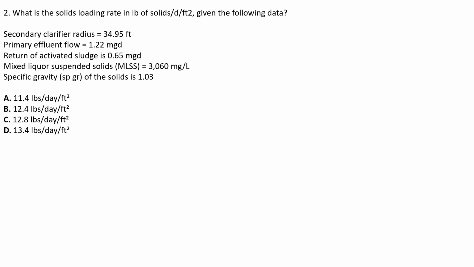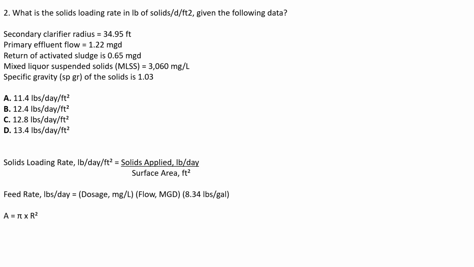Question 2. What is the solids loading rate in pounds of solids per day per square foot given the following data? Your secondary clarifier radius was 34.95 feet. Your primary effluent flow was 1.22 million gallons a day. Your return of activated sludge is 0.65 million gallons a day. Your mixed liquor suspended solids is 3,060 milligrams per liter. And your specific gravity of the solids is